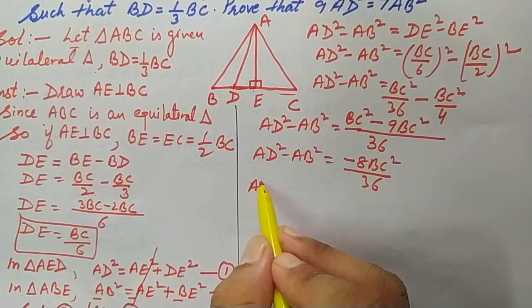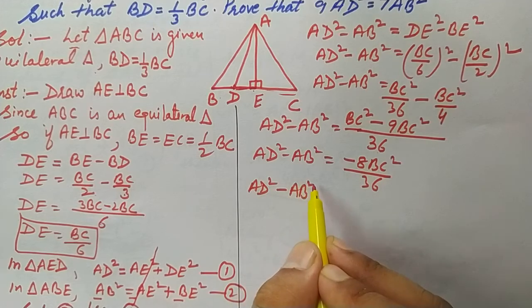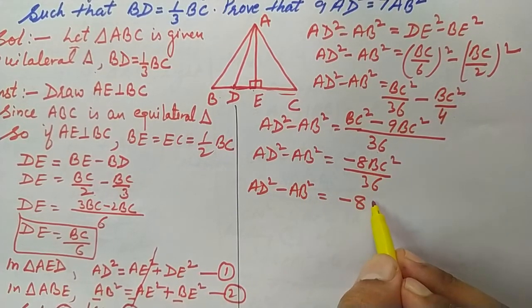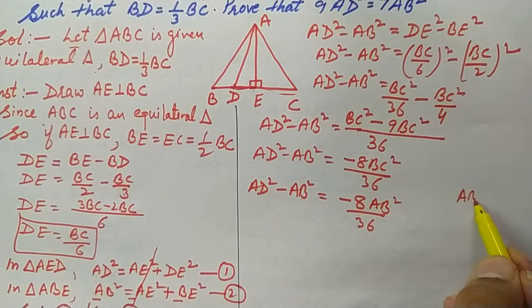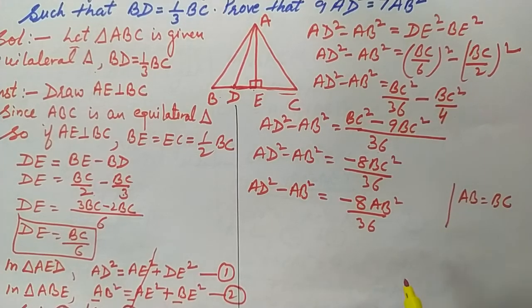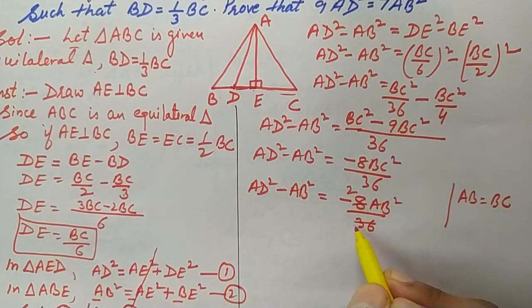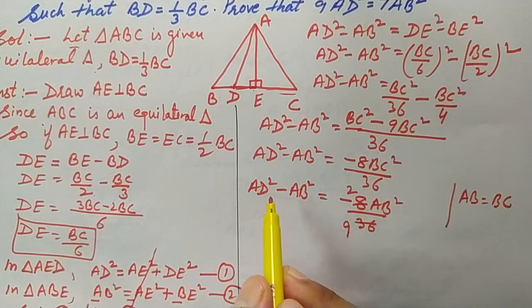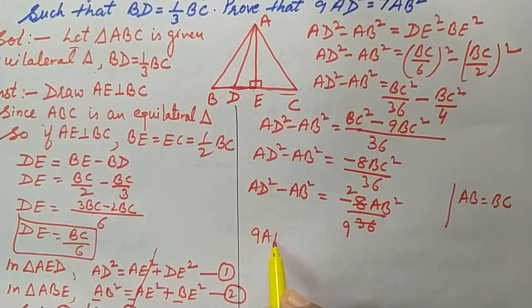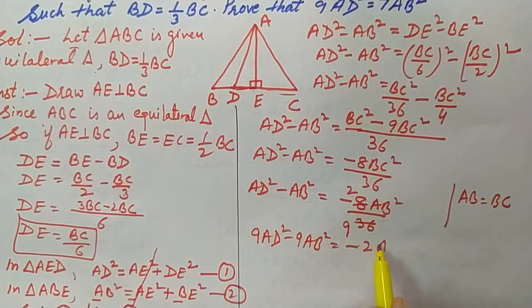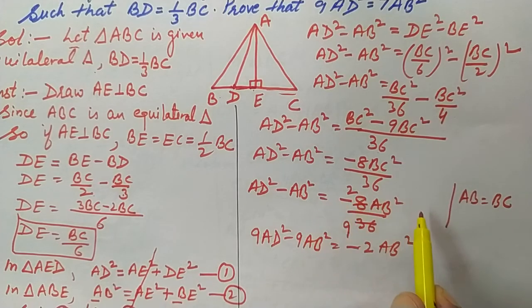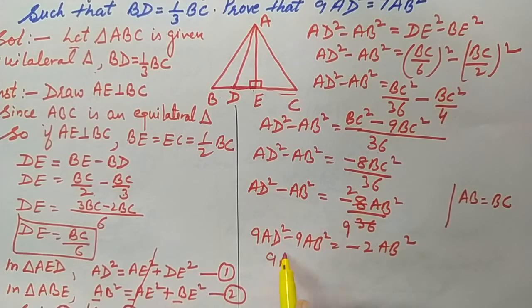First of all, one thing I want to tell you, can you write BC as AB? Why? Because this is an equilateral triangle, and we can write BC and AB are equal. So you can cancel here also, 4 2s are, 4 9s are. So now cross multiply with 9, I'll multiply these two. So it becomes 9 AD square is equal to 9 AB square. And what is left here? Minus 2 AB square, right? So take this AB square to this side and AD will remain here only. So 9 AD square is equal to minus 2 AB square. It will become plus 9 AB square.